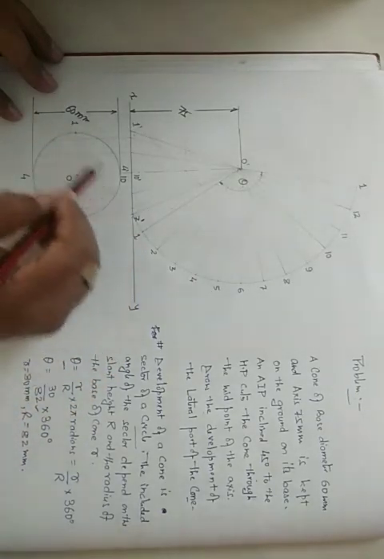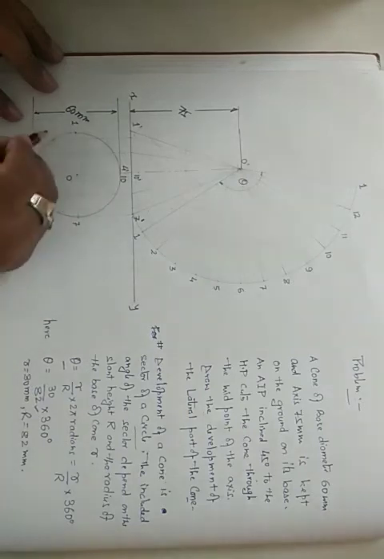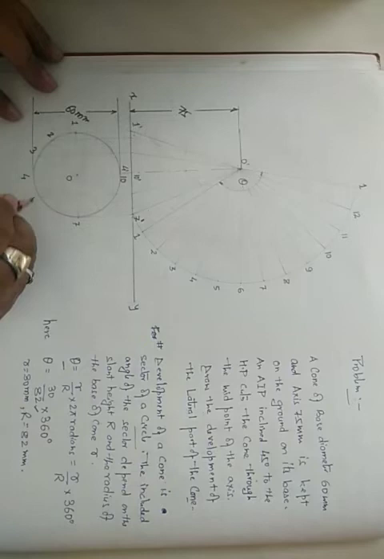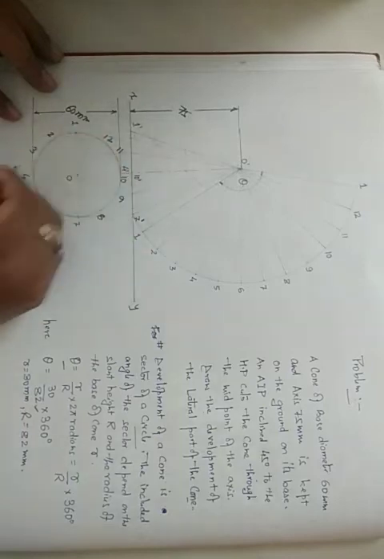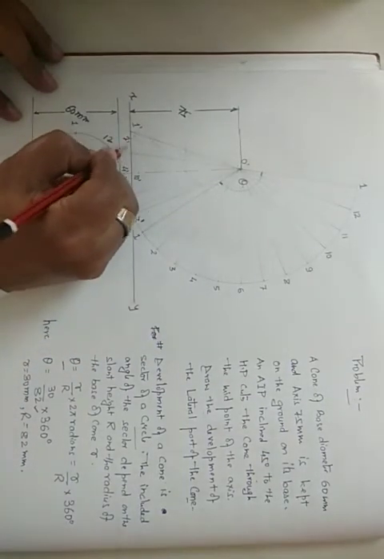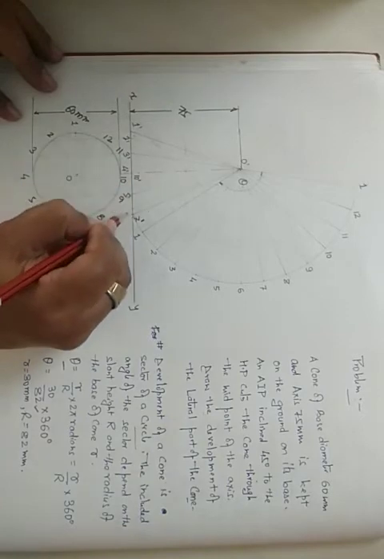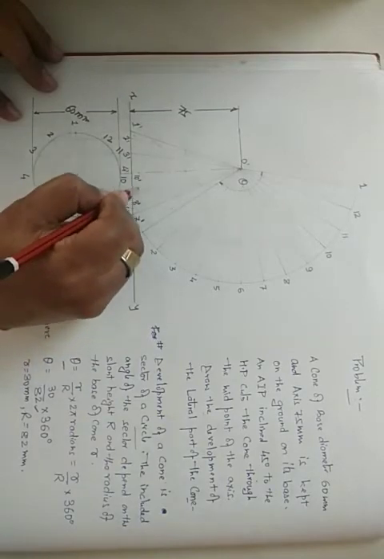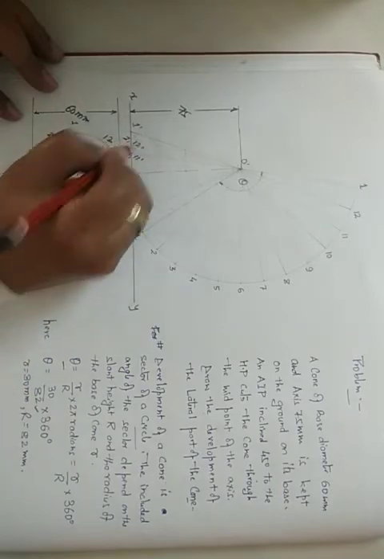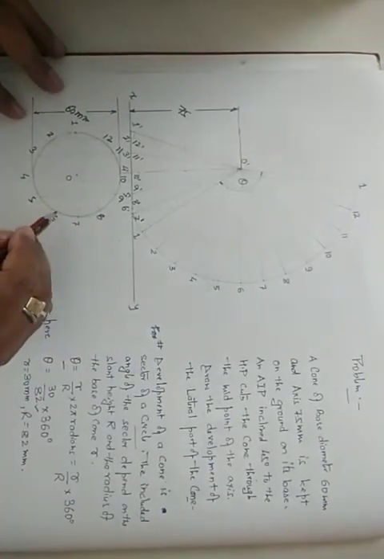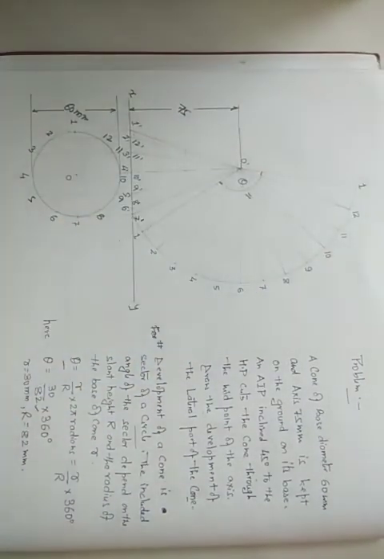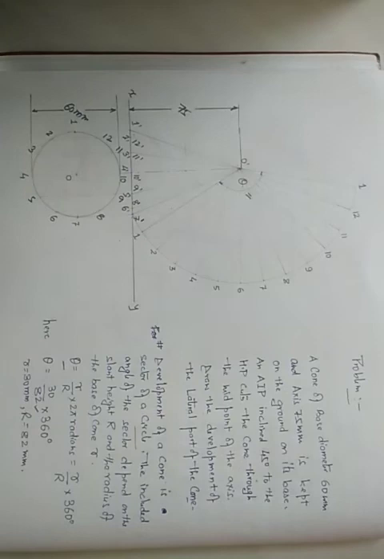Another method for doing that will be, you can divide this circle into 12 parts and mark the generators 1, 2, 3, 4, 5, 6, 7, 8, 9, 10, 11 and 12. Shift all these points in the front view. You can get 2 dash, 3 dash, 4 dash, 5 dash, 6 dash, 7 dash, 8 dash, 9 dash, 10 dash, 11 dash and 12 dash. Draw all the generators. Now you can also use this method which we have used earlier. Pick this one length, that is from 6 to 7 or 5 to 6, and 12 times mark that. That will be almost equals to this theta. So you can easily find out the theta value.